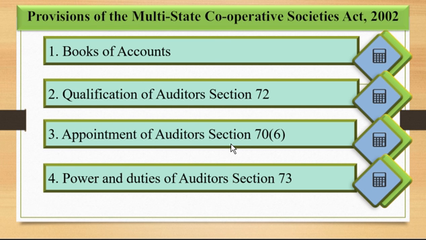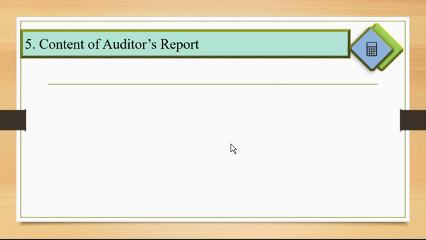Next point is fifth, content of auditor's report. As per section 73 subsections 3 and 4 of the Multi-State Cooperative Society Rule 2002, the auditor's report shall contain some particulars. Subsection 3: the auditor shall make a report to the members of the multi-state cooperative society on the accounts examined by him